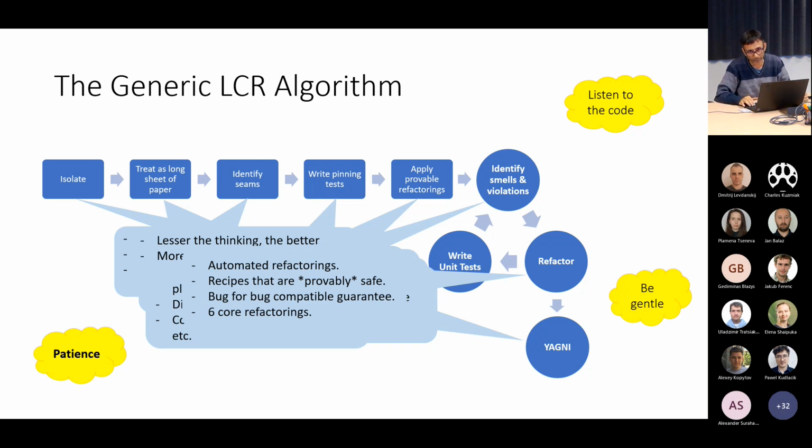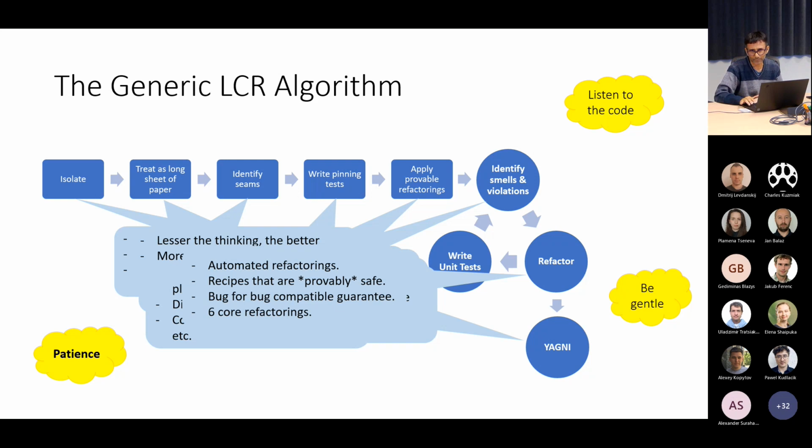Stop me if it's not. Because you've pinned down the externally observable behavior of the code, what you do is apply a set of provable refactorings. Provable refactorings are ones you can prove to be the same. What's an example? Inline variable. That's a provable refactoring. Or extract a method. That's a provable refactoring because you can do the reverse, compare it, windiff it, and it'll be the same. There are a bunch of provable refactorings like this.